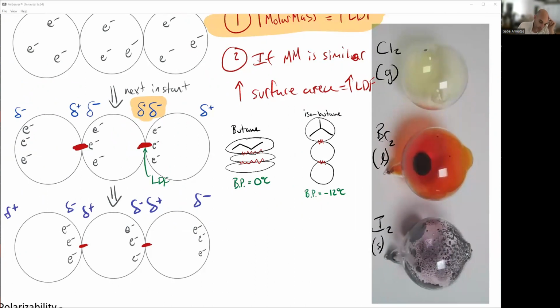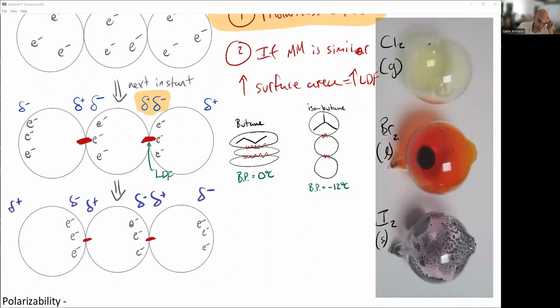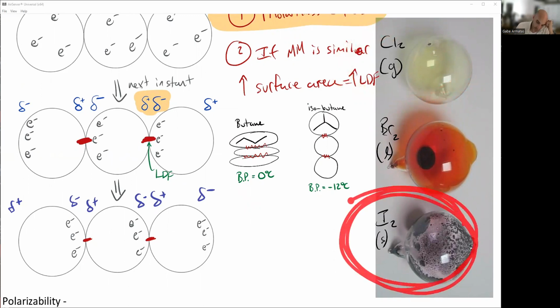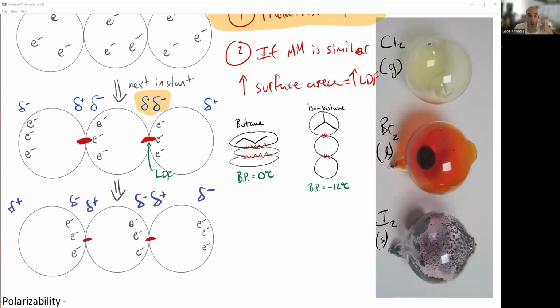What that says is the reason that chlorine is a gas at room temperature is because its intermolecular forces are not that strong. The reason that iodine is a solid is because it has very strong intermolecular forces. Again, this is true because these things here are only bonding through London dispersion forces. So as the mass gets bigger, we notice that we go from gas to liquid to solid. If it is a solid at room temperature, it means those forces are stronger than the temperature trying to pull them apart. Again, it's that competition between the two. Okay, good. One last conversation I want to have about